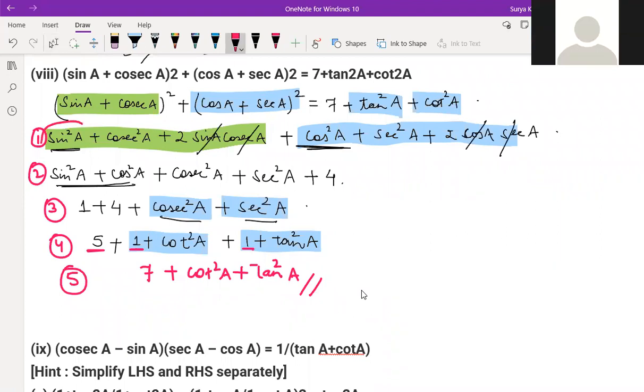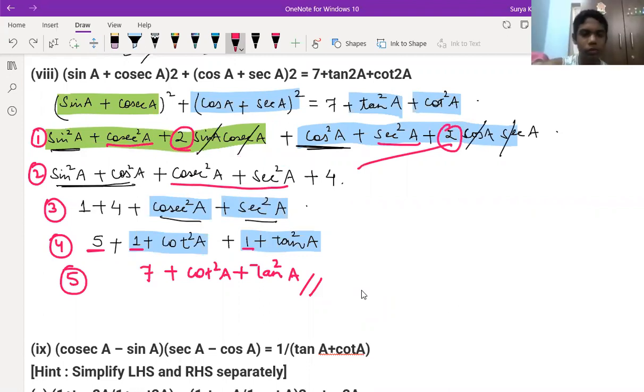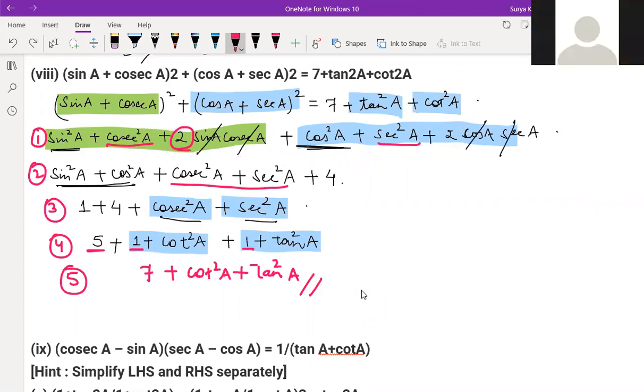See, first I wrote here sine square A and cos square A. Why am I doing this? Because this whole thing is 1. This is an identity. That's why I've taken it here. Sine square A plus cos square A is equal to what? 1. Now what have I written? Cosec square A and sec square A, I've written at a single place. And 2 plus 2, that is how much? 4. Now the third step is very easy. 4 plus 1, 1 plus 4, and the same thing. Anybody else?